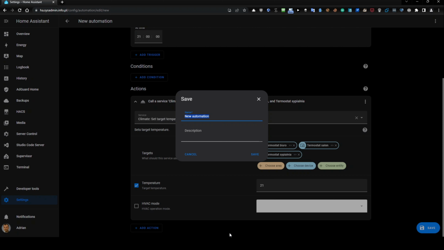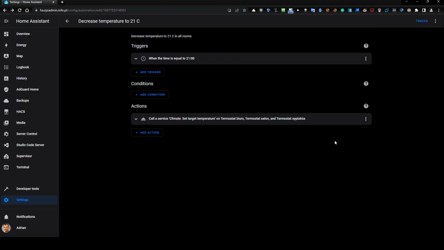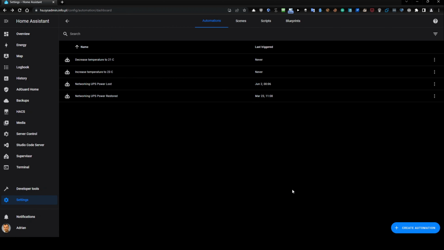And eventually you can write something like decrease temperature to 21°C in all rooms. Okay, save and go back, and you can see decrease temperature to 21 and increase. And this is it. If you want to run it, for example, because we want to test it, what you need to do is